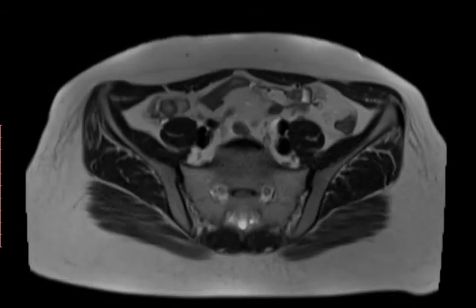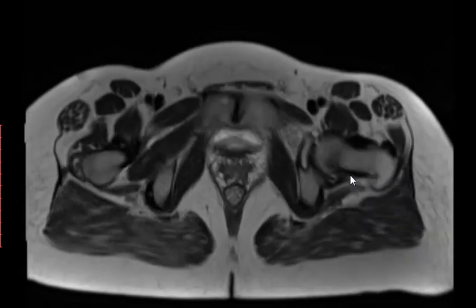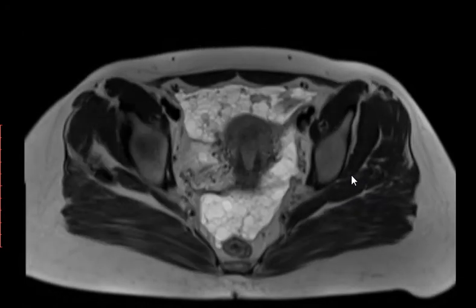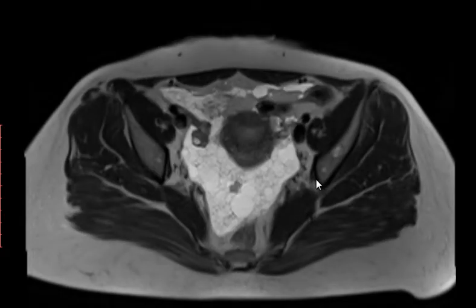This is an axial T2 weighted image of the pelvis. Okay, a little louder please. Of the pelvis showing